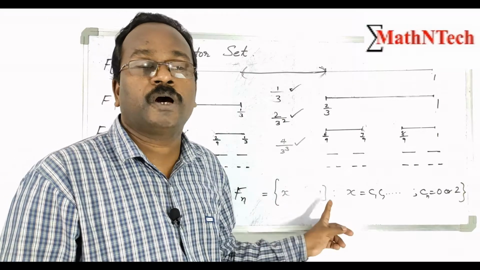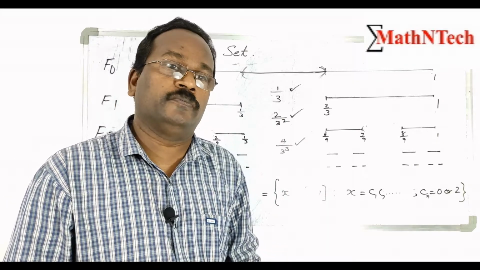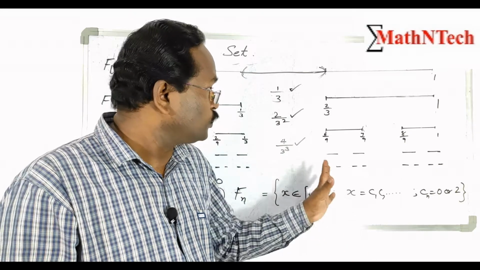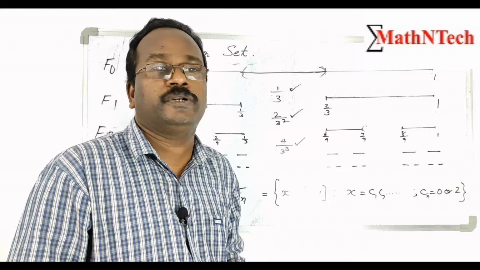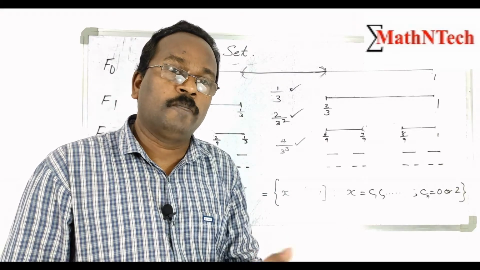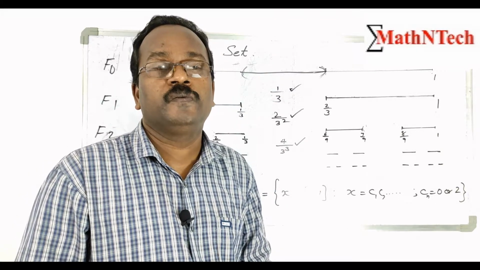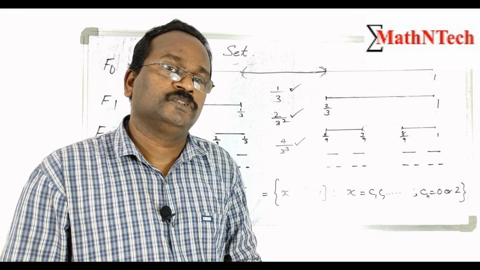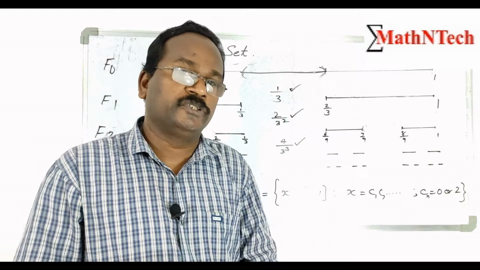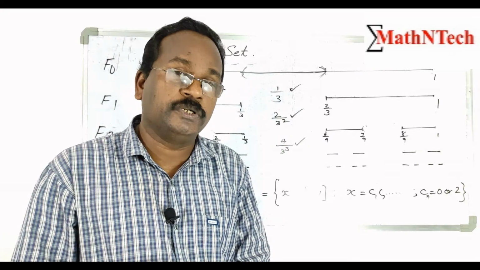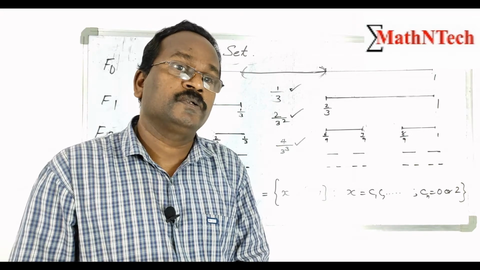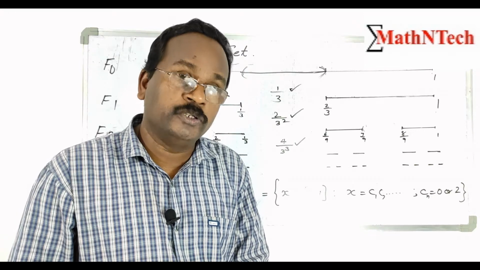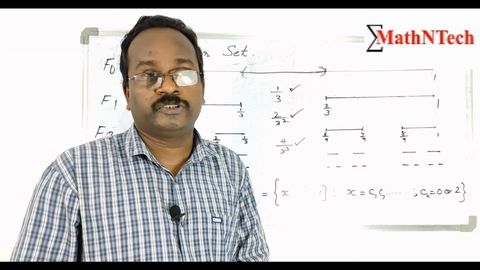Now all the points are limit points, no isolated point. Cantor set has no isolated point. Again, compact and no isolated point means it is a perfect set. So note the topological properties: it is a closed set, it is a bounded set, it is a compact set, and it has no isolated points, therefore it is a perfect set.